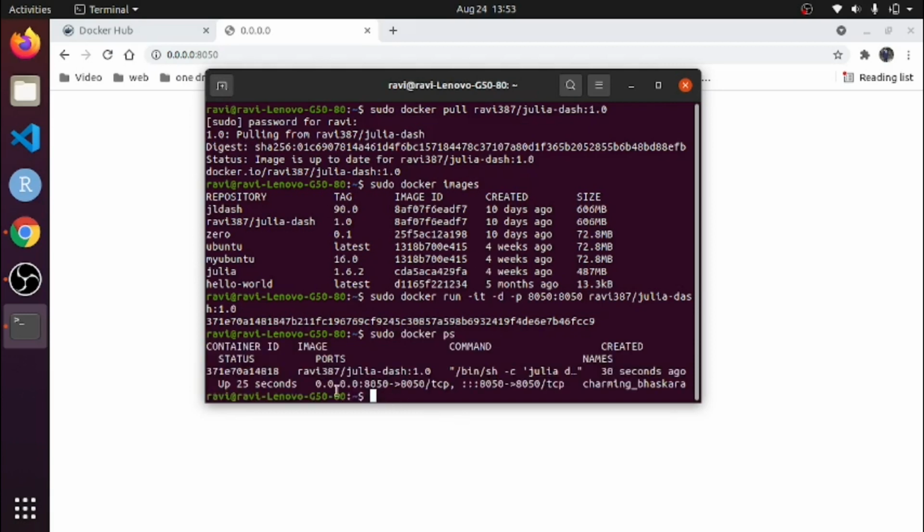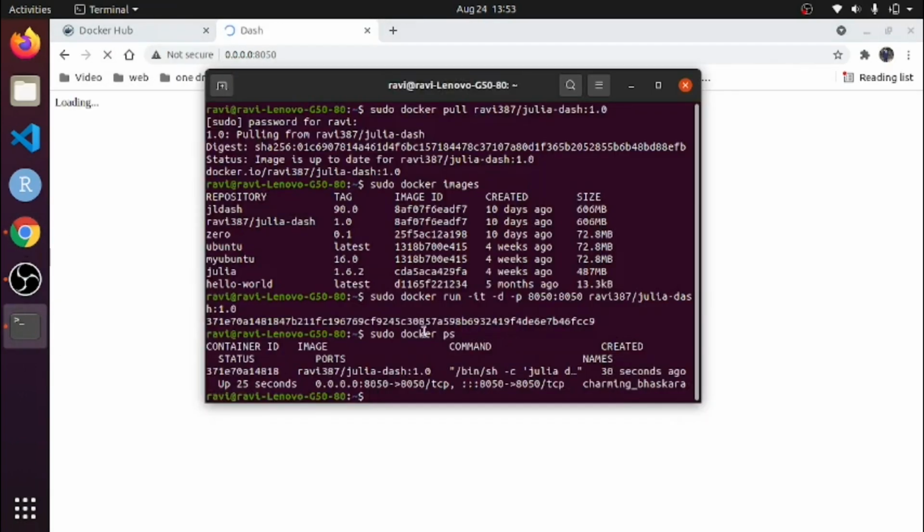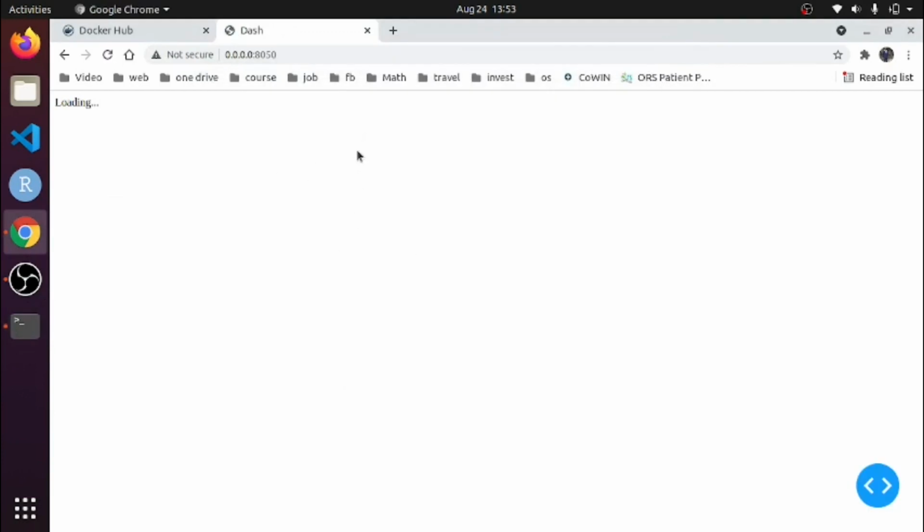It is running on port 8050 and 8050. So this is your app. It will take time, but it will definitely run. This is your application. Thank you.